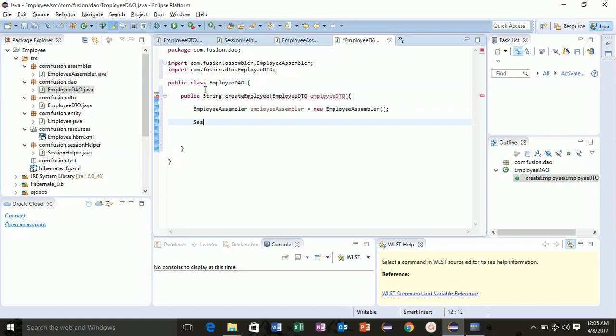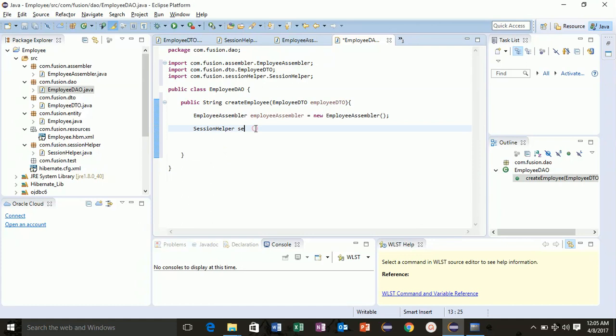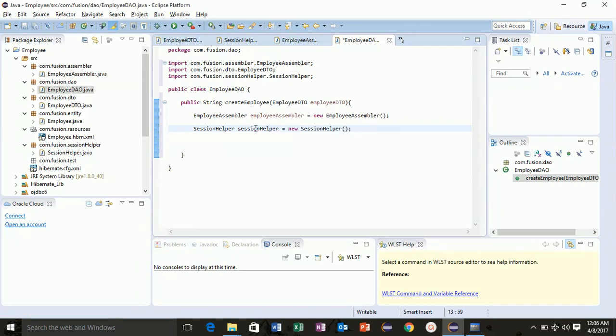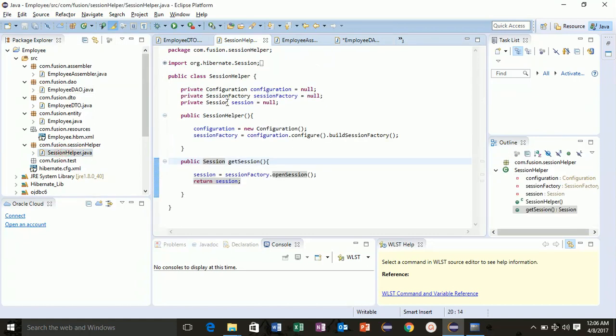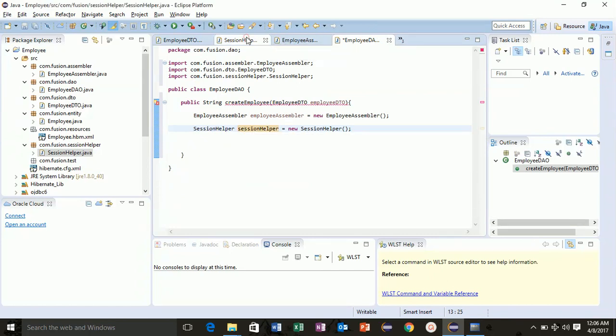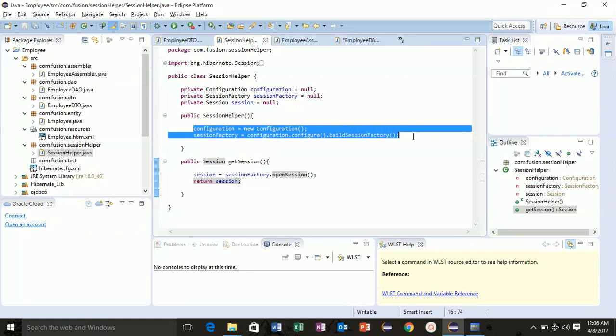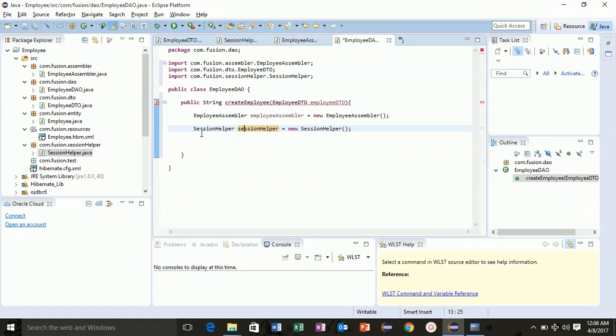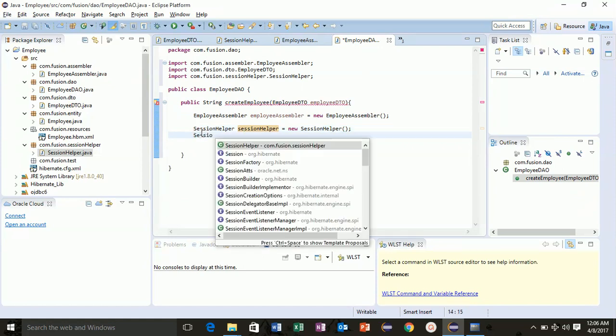Now create your session helper. So this is our session helper object of this session. So when this object is created, these two lines of codes, because this is a constructor, will execute automatically. Now we need a session here to persist our data.